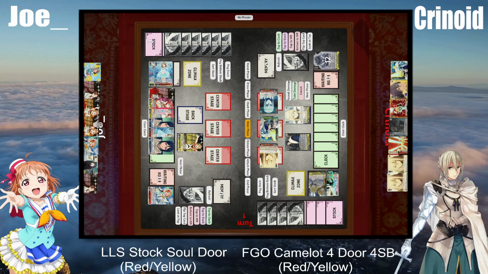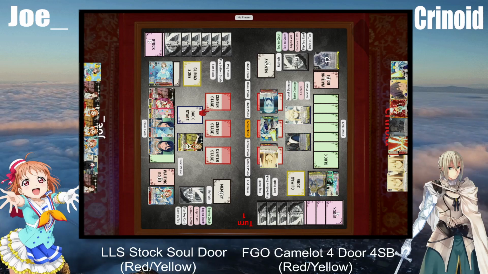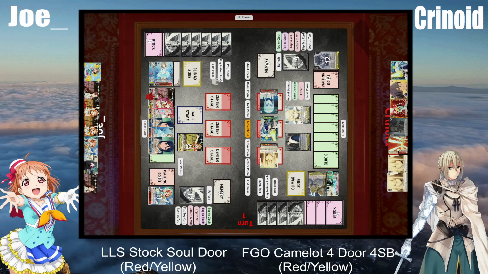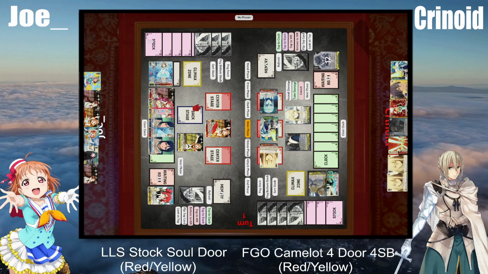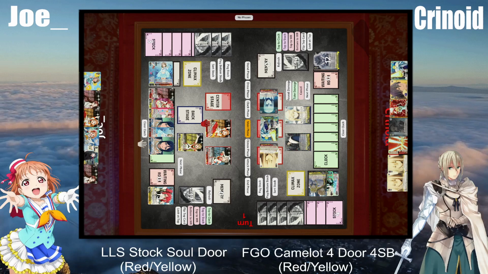And you do have the Rico in your waiting room. Or in your clock, my bad. So... Do get it. What was the first part there? So either way, I still think I pay 3 here. Uh-huh. Bring out FGO. Smart choice. It's pretty much guaranteed. And then